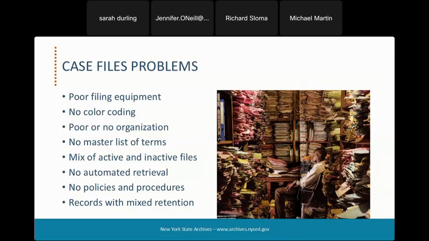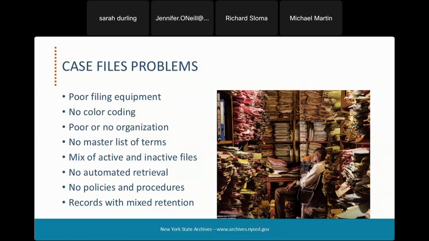Poor or no organization at all for your files. You know, no organization, no idea what you're running into, just boxes of papers. No master list of subject terms for staff creating files to follow. Okay, if there's no master list, then people don't know what to refer to. Or maybe you have active files that are overcrowded with inactive records. You've got a mix of the two. Or you don't have any kind of automated retrieval. You can't identify things quickly and pull them. Or perhaps there are no policies and procedures. And there's always the ever famous,